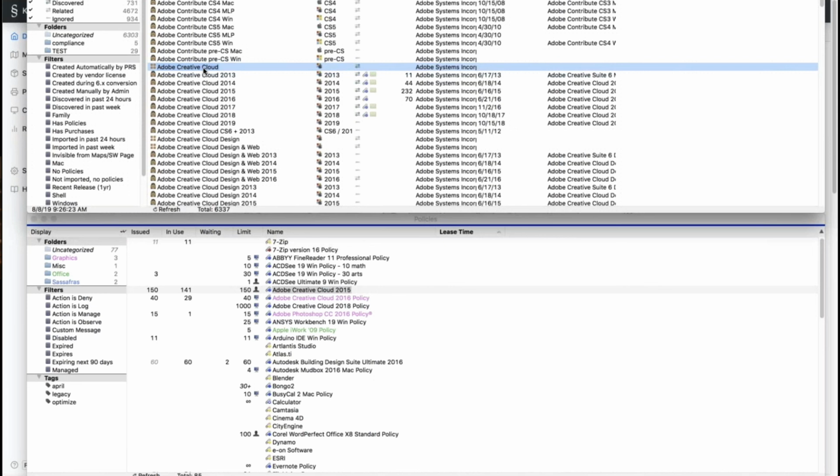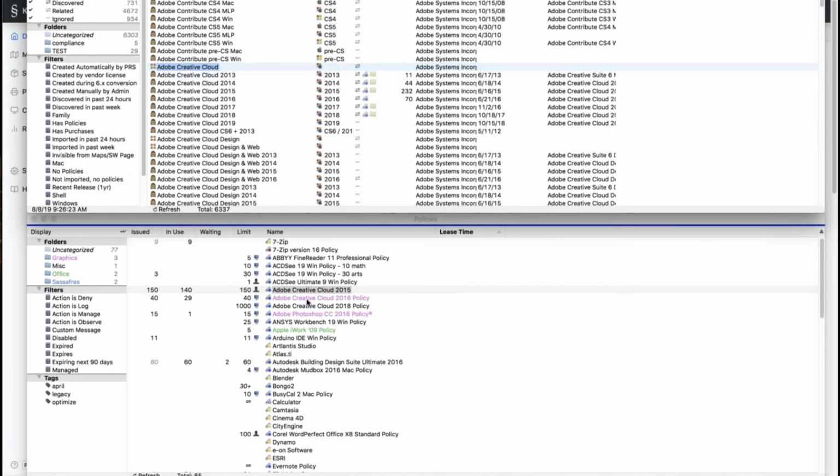product to the policy. From that point forward, when Creative Cloud 2020 comes out, you're not going to have to add that standalone unique version, because it's going to be added automatically by us to the family version of that product, and you're going to start tracking usage of the new version without ever having to touch KeyServer again. So this is a huge time-saving enhancement for administrators that's been a long time coming, and we're excited to demonstrate that and show it. So my recommendation is, after you get these family product definitions, go through the